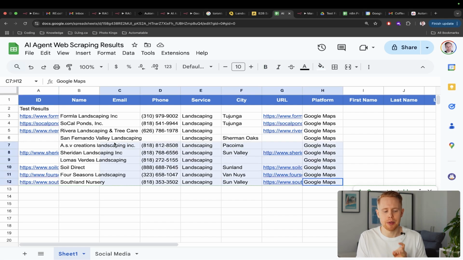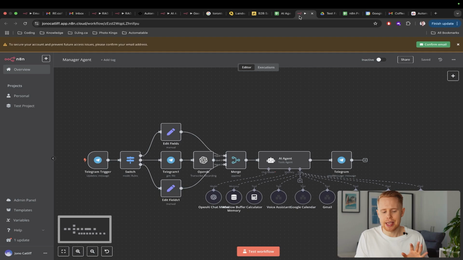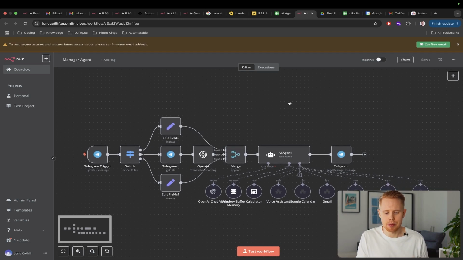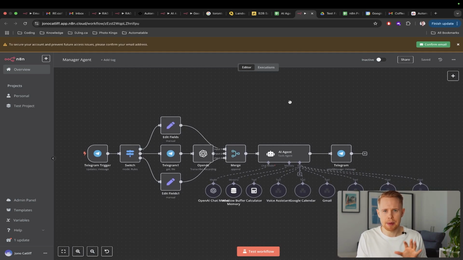So you'll actually be able to get these responses back to Google Sheet. You could use this for whatever you want. If you want to plug it into an email provider and start sending these people emails, no problem, you can do that as well. And the last AI agent that I want to talk about today is an AI personal